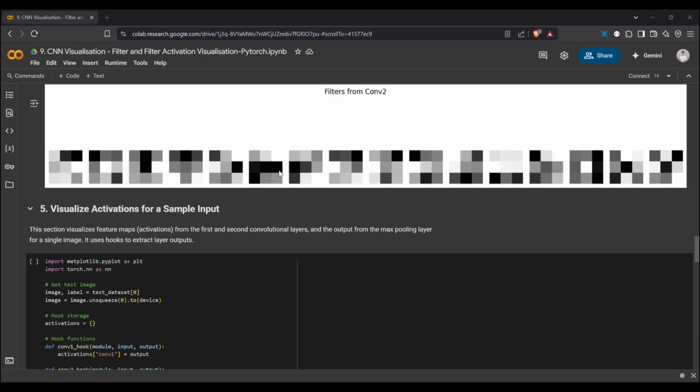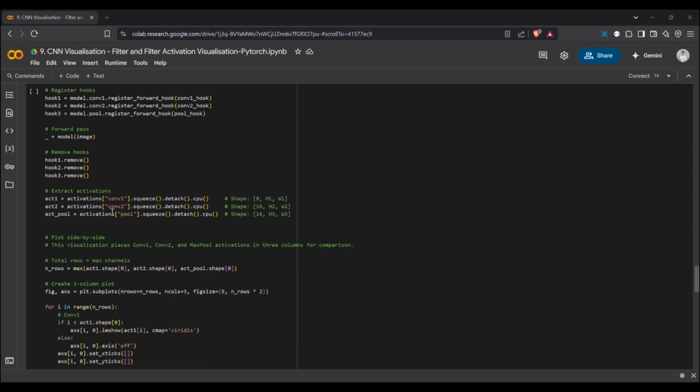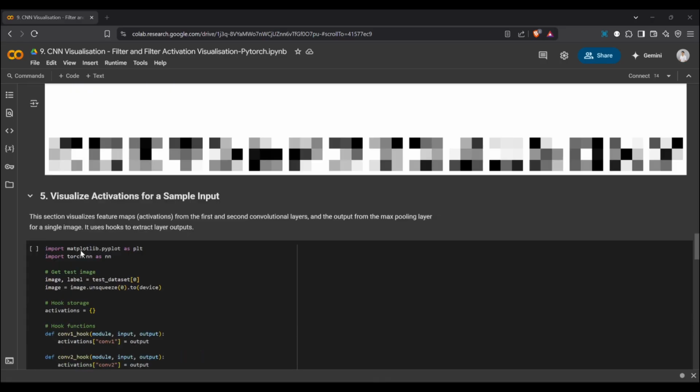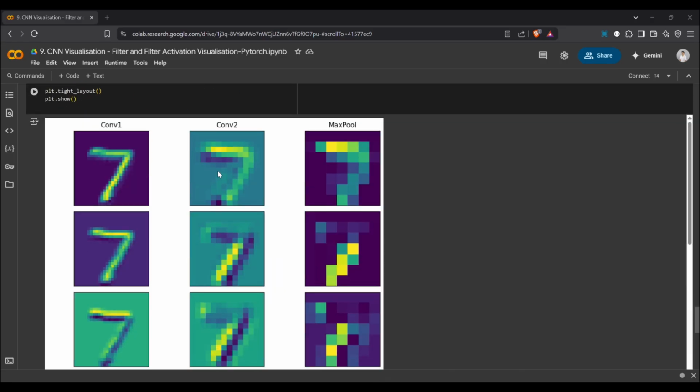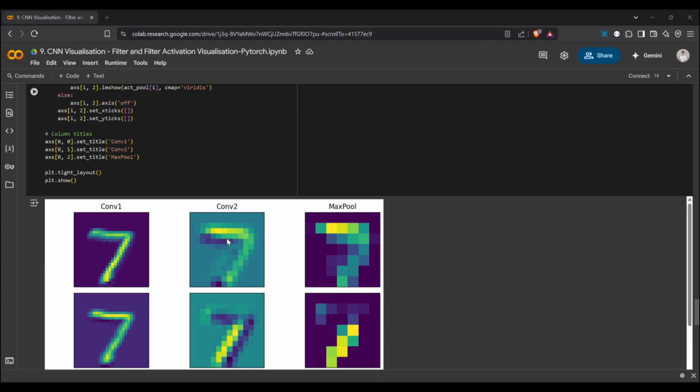These are the outputs of the second convolutional layer, where it captures the abstract shapes and structures of the image.